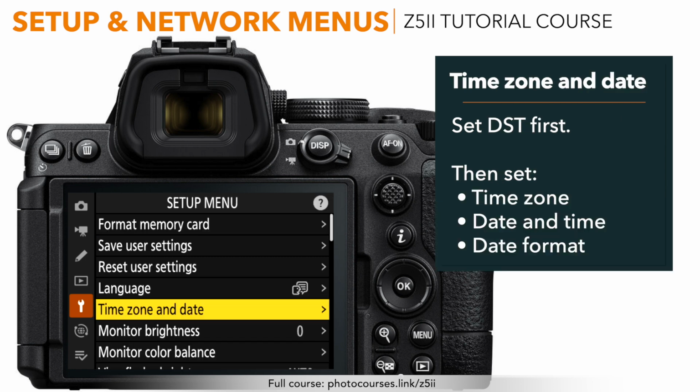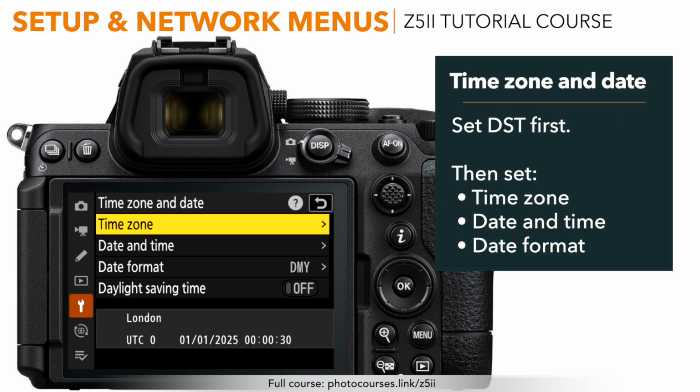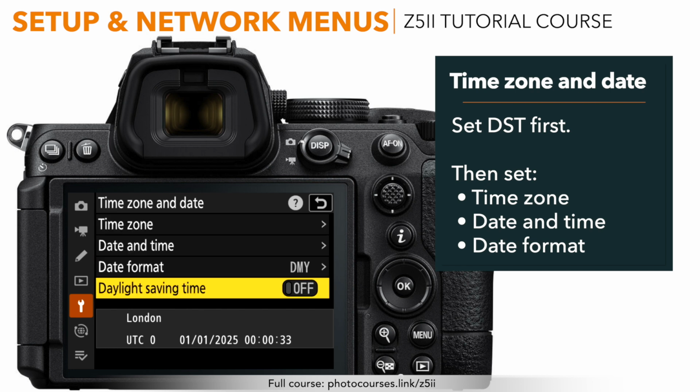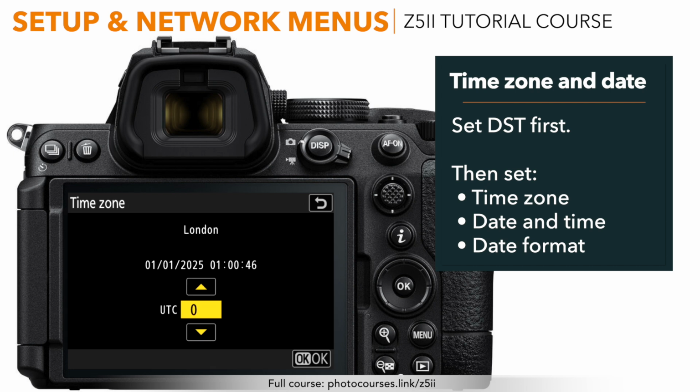In time zone and date, you can set the time zone that you're located in, the date and time, and the format that you want for the month, day, and year. At the bottom of the list has daylight savings time, but I'd recommend setting this first. So set this to on if you're currently observing daylight savings time, which is the summer months in the United States. Then you can set your time zone with the up-down pad, and note that the UTC number won't necessarily